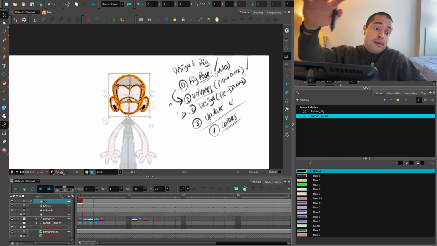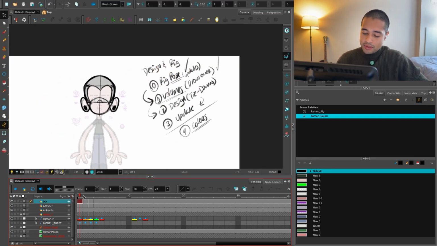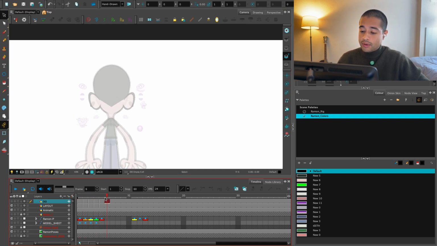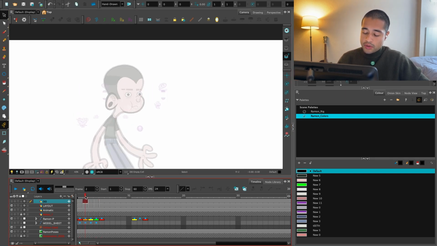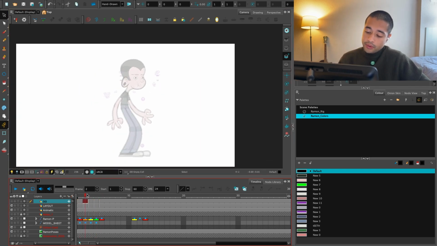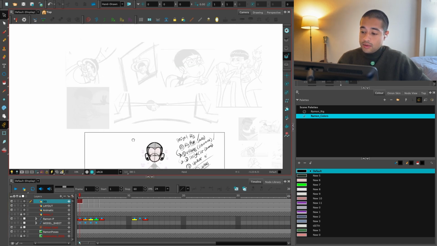Okay, wait, what we're doing. We rigged the pose. We rigged this dude with the updates that I did for the design. And now what I'm going to do is do some draw overs to polish those updates so this character actually looks really cool. And then I'll continue doing all the updates that I need to do to make this character